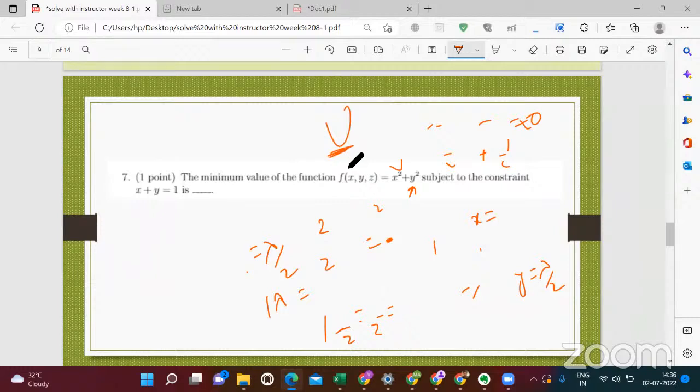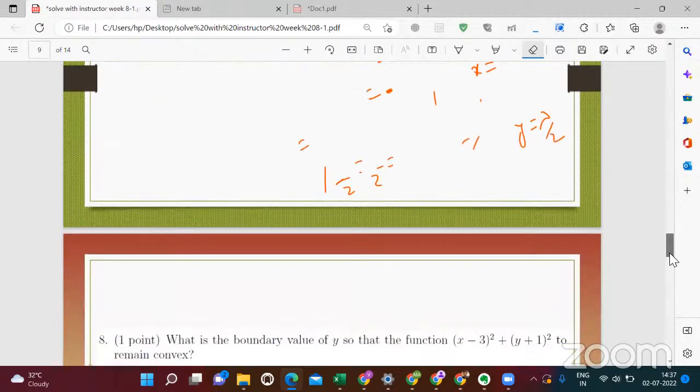Yeah, this is a good question. How come this is a minimum only? Because it is convex, and this function is a bit simple. It's a convex function because if you calculate the Hessian matrix, you'll get 2, 2. So it's convex, and if you have a convex function, you'll only have a minimum. Is it fine?